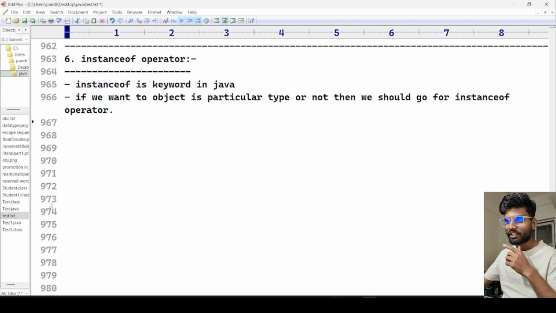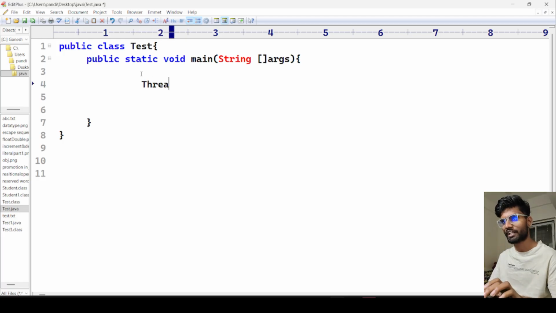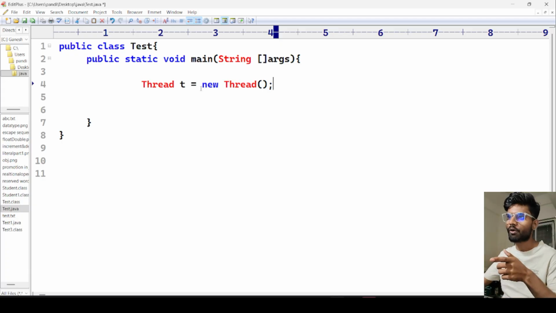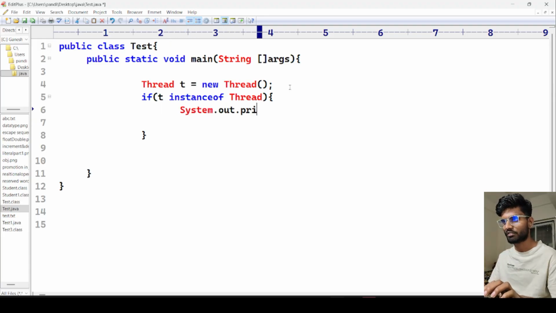I will write one example, then you can understand better. Test. I will write here one class that is a predefined class. Thread t = new Thread. If you are not able to understand this lecture, what is a class and so on, I will explain again in the OOPS concept. Again, I will teach you class and object. So don't worry. Thread t = new Thread. Okay. If t instanceof Thread, System.out.println,